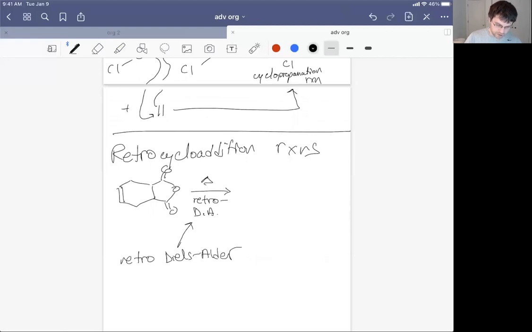So in a retro Diels-Alder reaction, you take the arrows backwards: take the double bond over to make a new double bond, and then one of the single bonds over to make a double bond on the dienophile, and the other single bond that was made over to make the other double bond of a diene. It reminds us what's so great about the Diels-Alder reaction: to spend 2 pi bonds to get 2 sigma bonds, energetically very favorable. So if we want to go backwards, we have to apply a bunch of heat,